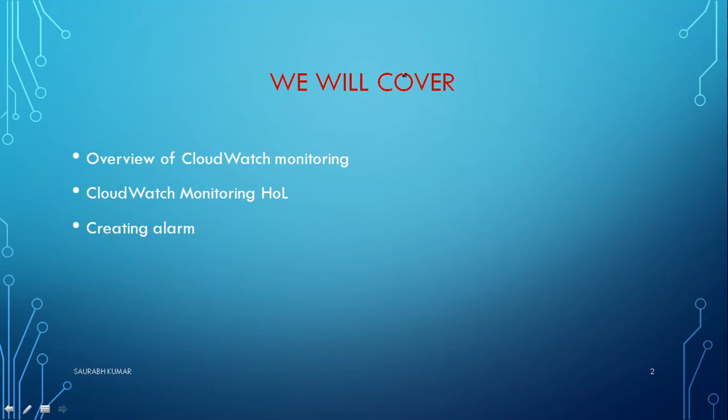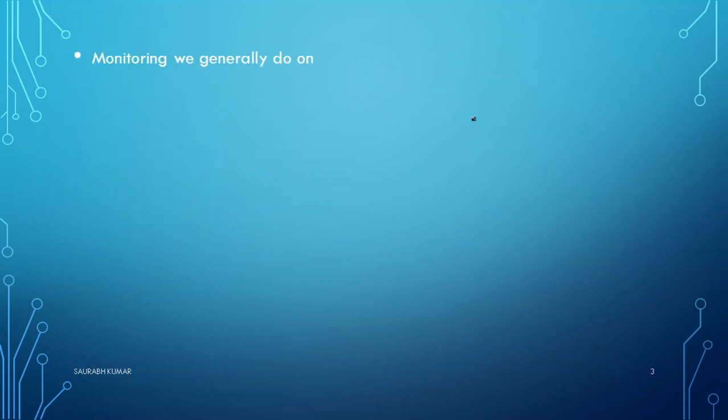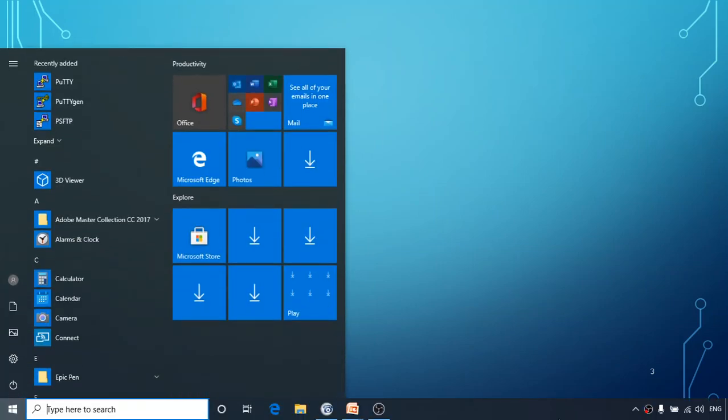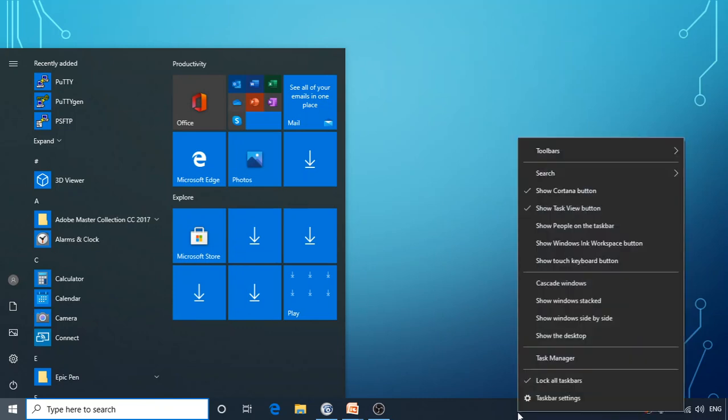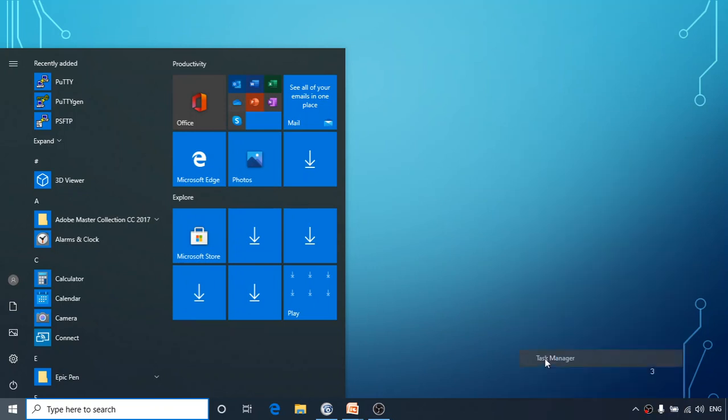So let's begin. First thing we have to understand: when we talk about monitoring, where do we do monitoring? If you are a Windows user and I ask you to check how much processor is being utilized in your machine, you may press Control Alt Delete and look for Task Manager, or go to your taskbar and open the Task Manager.